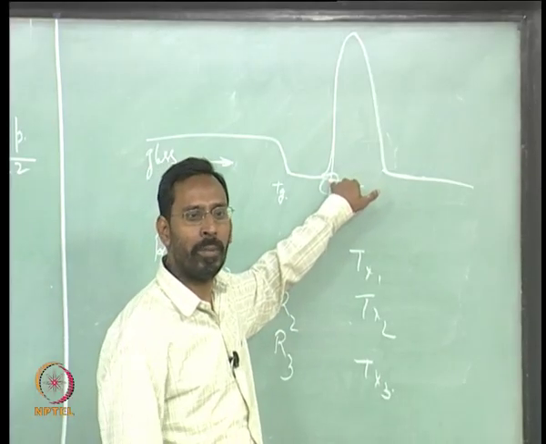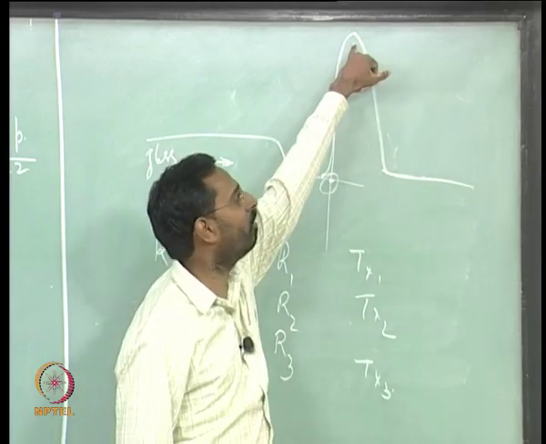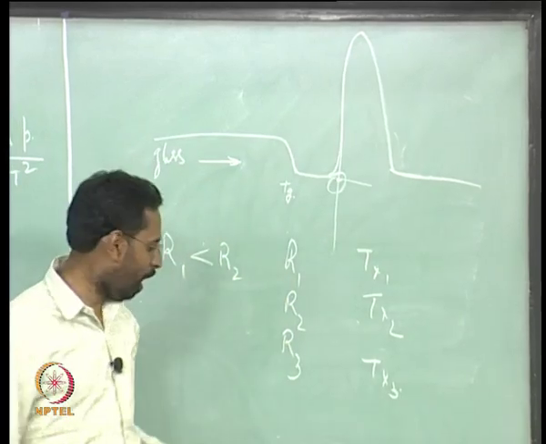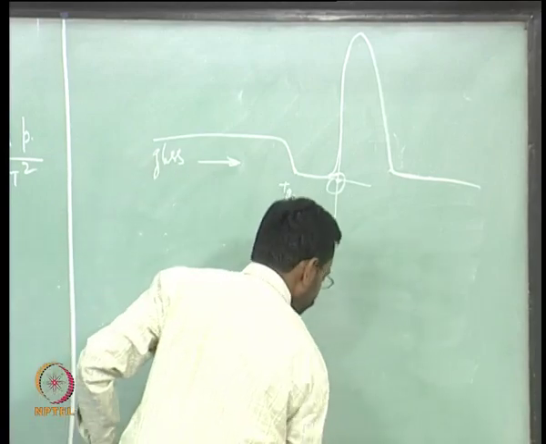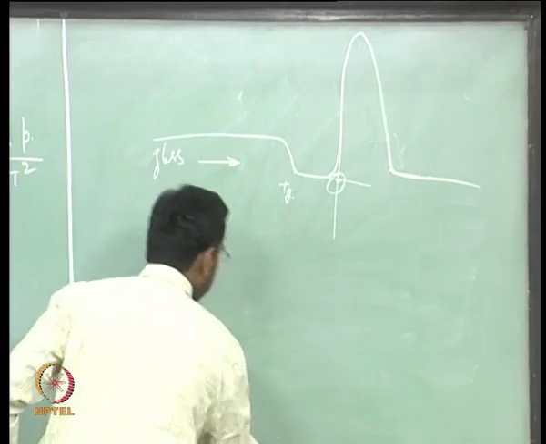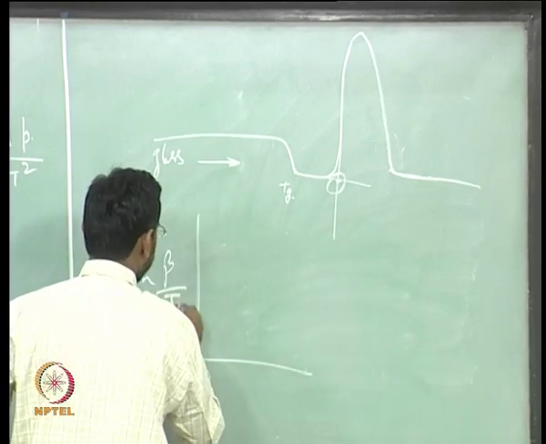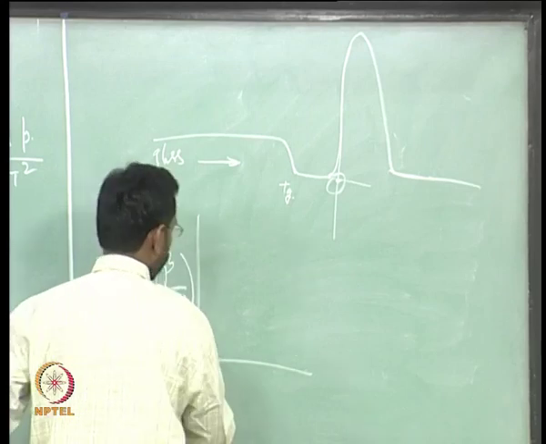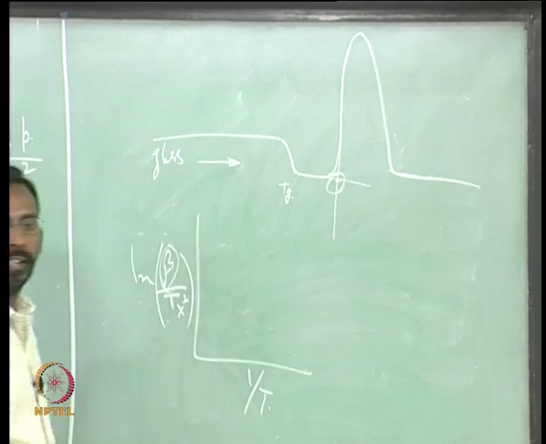If the transformation temperature is sharp enough, identify the onset, otherwise consider the peak temperature. And once you have that, you can plot what is called a Kissinger plot, which is nothing but ln beta by Tx square versus 1 by T, where beta is the heating rate